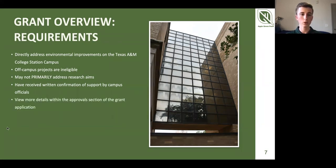It's also important to look at the website. We have lots of details there if you're interested in more of these details as well. And also, we'd like to see that you're including education, outreach, and publicity in your grant applications. So basically what this means is that we want to see that you're trying to incorporate these components in some way into your project. Like I mentioned with the TUFU